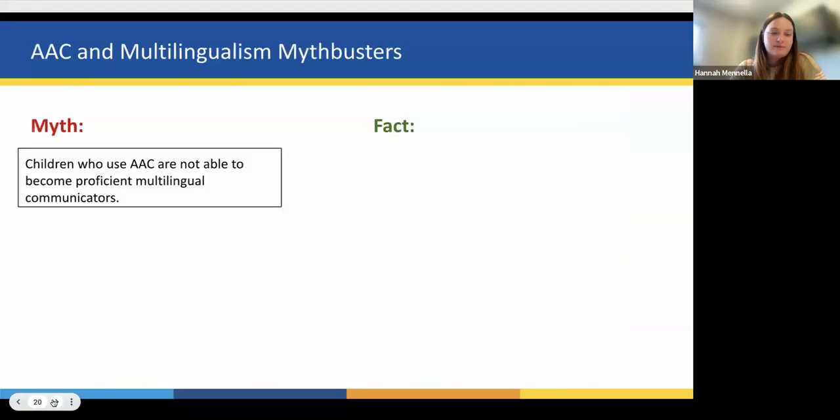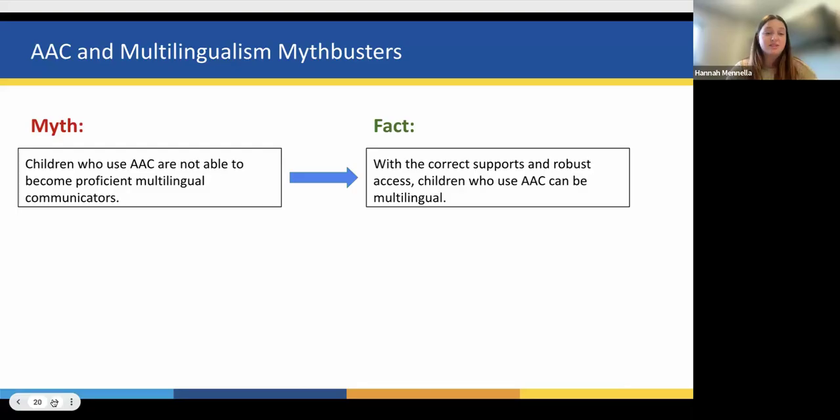Okay. So now I just want to quickly run through some common AAC and multilingualism myths and what the fact is there. We often might hear that children who use AAC are not able to become proficient multilingual communicators, maybe because they're non-speaking, maybe because they have a disability and we're worried about the cognitive load. And the fact is, it's not true.